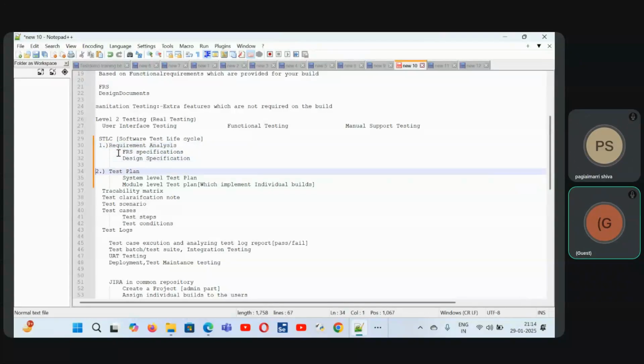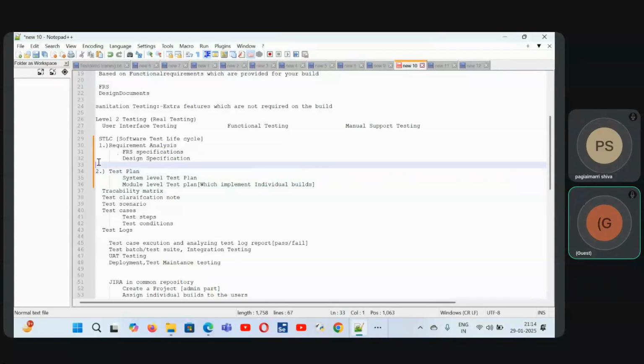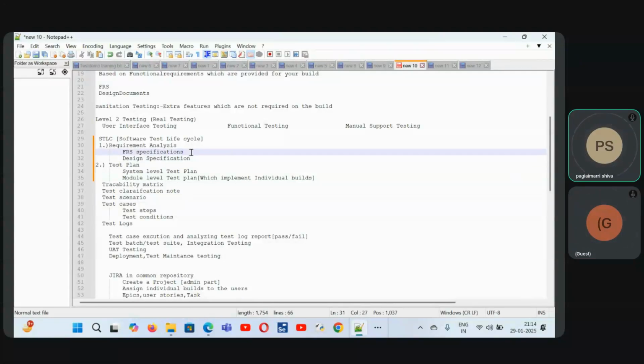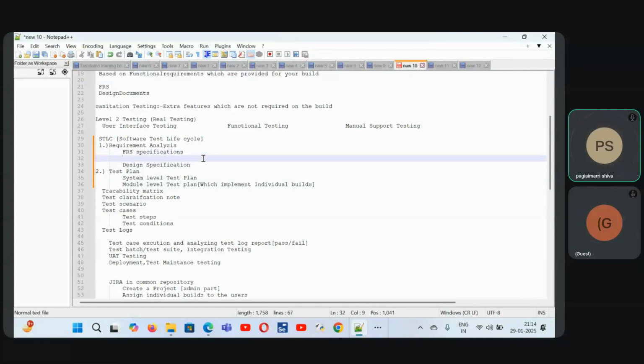Then we also determine what kind of environment we are going to test in, like what kind of device we are going to use, or what kind of platform we are going to use, if it's going to be Android, iOS, whatever environment we choose. Okay, good. So in the FRS specification, the person will gain